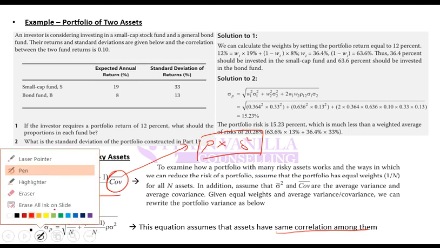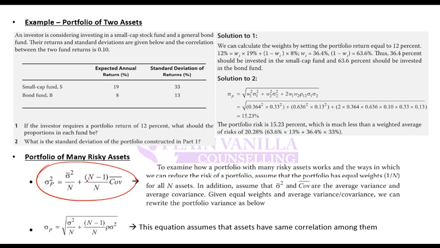So these are two formulas, actually one formula, both are similar, only the difference will be the availability of data. If you have correlation, you just multiply it with variance and replace covariance with that. But that can only be used if correlation is the same among all the securities. Otherwise, you cannot just take any one correlation and apply it. If all are the same, then you can use this, otherwise you cannot.